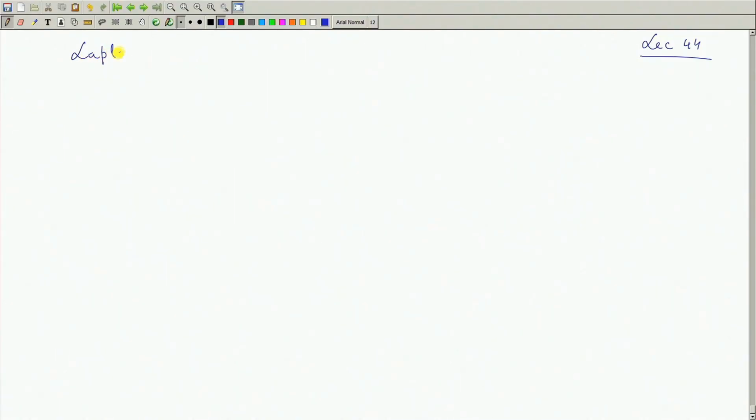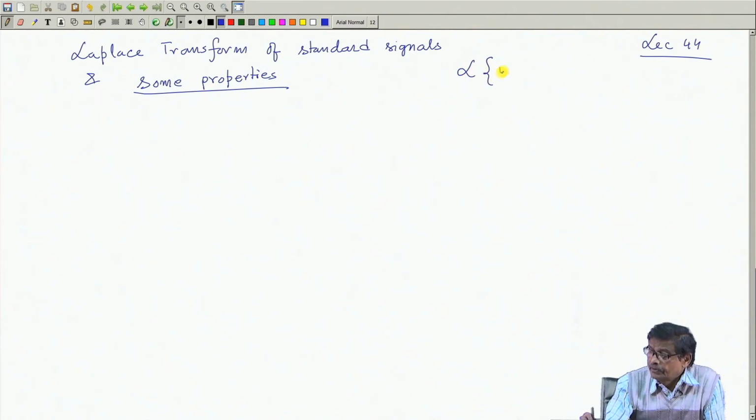We were discussing the Laplace transform, a very interesting topic with useful practical applications. The Laplace transform of some standard signals and some properties. For example, we found out last time that the Laplace transform of a unit step function is equal to 1 over